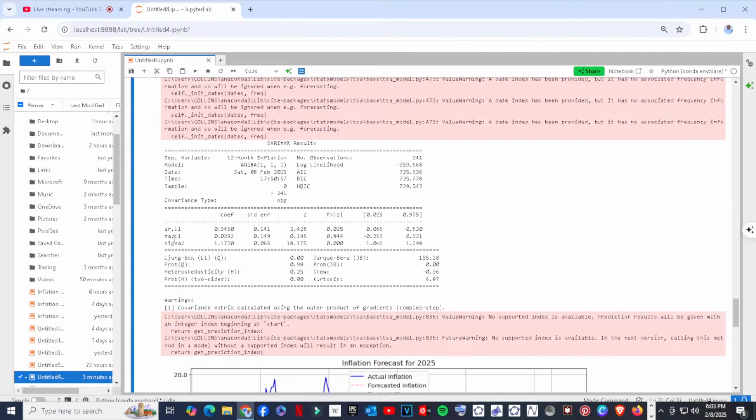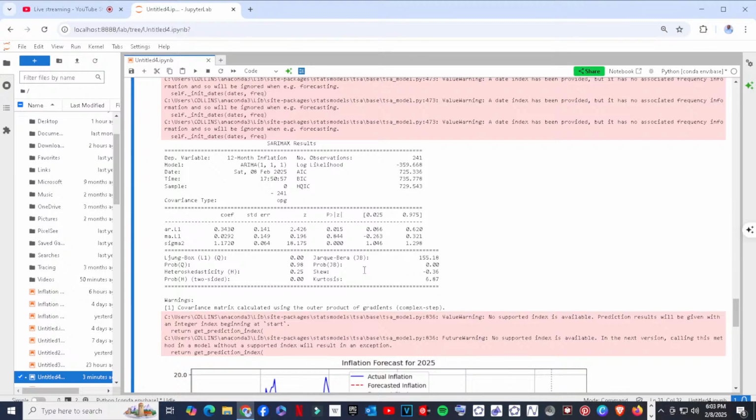Then I have MA, moving averages. So again, the MA coefficient is 0.0292 with a p-value of 0.844. Again, this is not significant because we are comparing it against a significance level of 0.05.